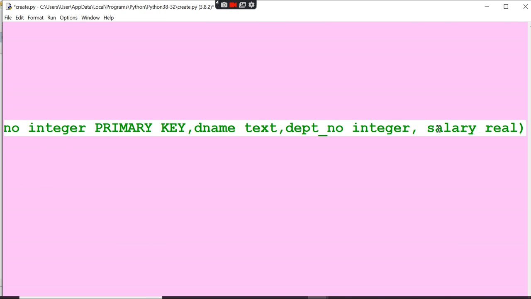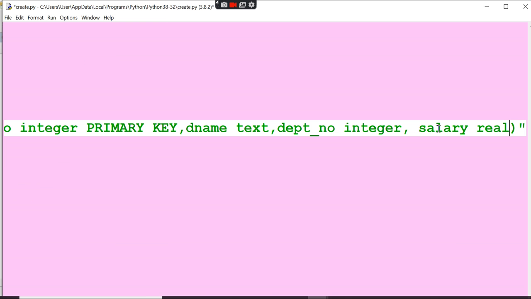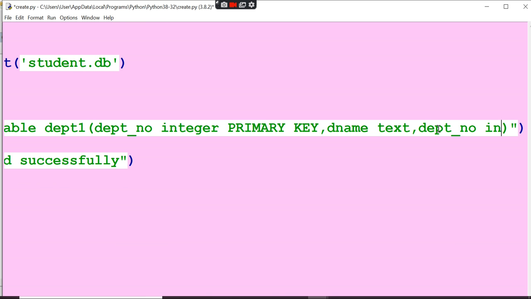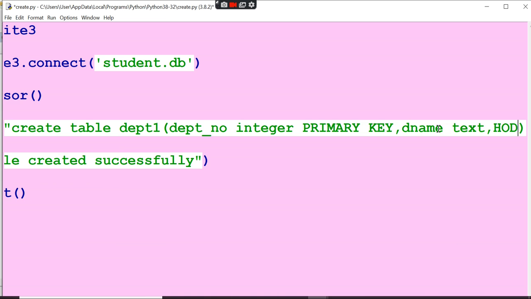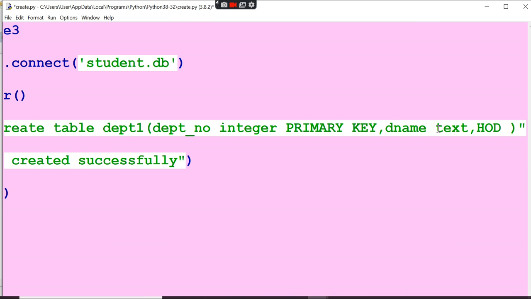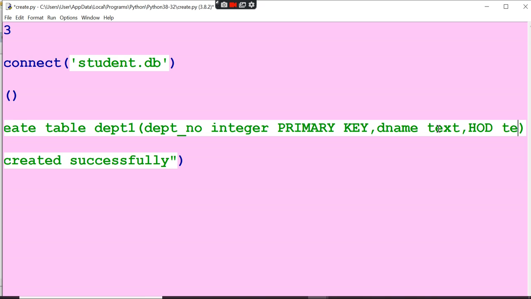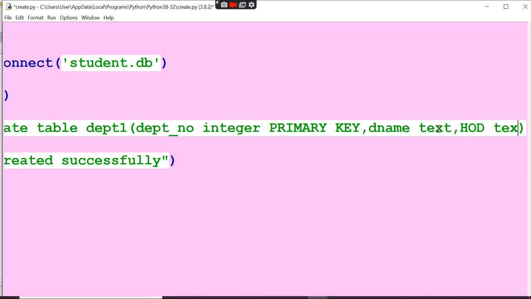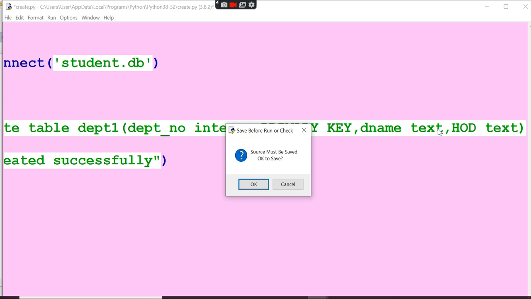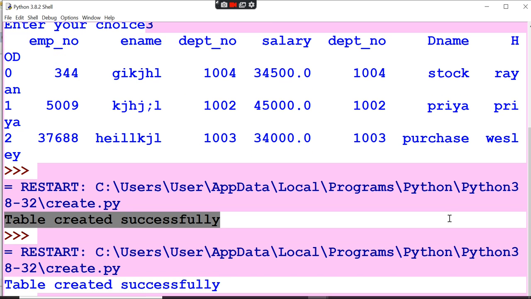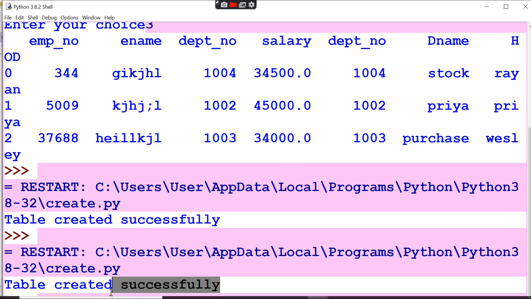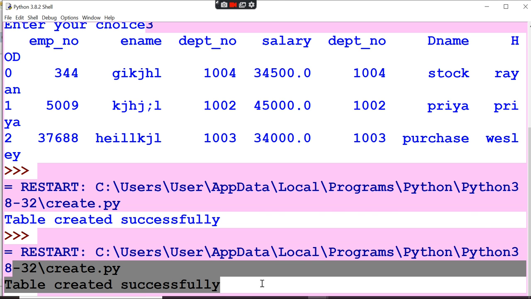The salary, real, those things should be removed now. Only HOD should be given, and that is a text field, the name of the HOD. Now press F5. Now that table also has been created. So two tables have been created, right?